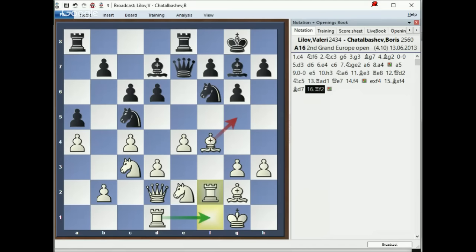Just give yourselves the time to improve your position, to strengthen your pieces, and get to that point. I knew that rushing wouldn't work. He was a grandmaster. He was 2560. So basically, my idea was just to take the time, build up the position, and get my pieces forward until I have some targets or some possibilities to attack. So bishop h6 was a good move for me. Naturally, if black exchanges the bishop, I was going to take with the queen.